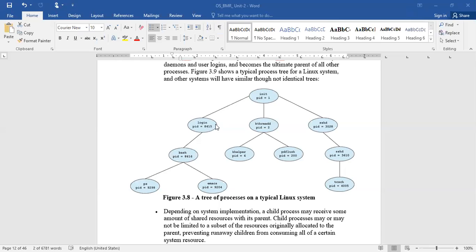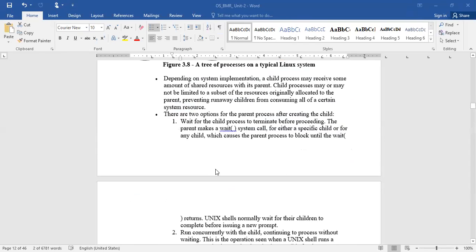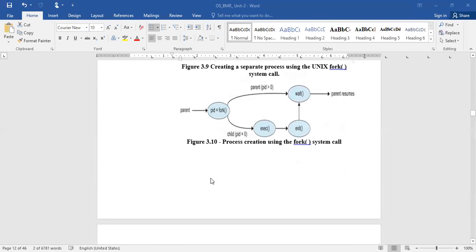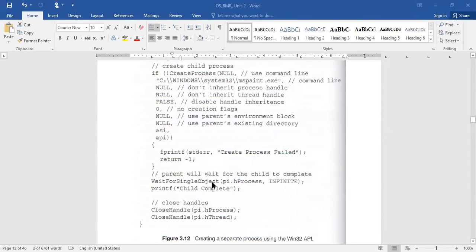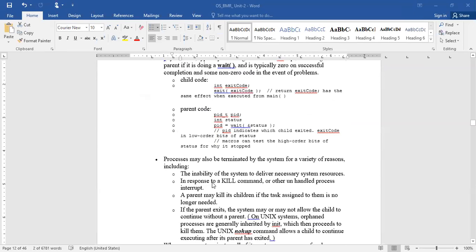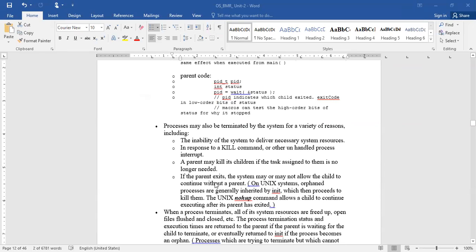Right. So without inquiring about this child process, suppose the parent is trying to terminate itself, what happens in that case? Suppose all of a sudden it was deleted from this tree. You can imagine, all of a sudden the parent, that means the root node, has terminated from this tree. What about these subtrees? That is the reason before terminating the parent process, you need to inquire about the child processes whether they are terminated properly or not. If it is a child process and no more subchildren exist, then it is its own decision whether it wants to continue or terminate.